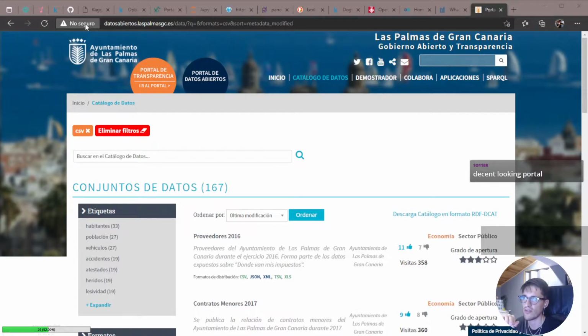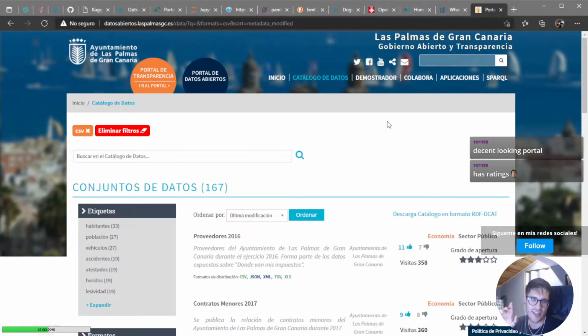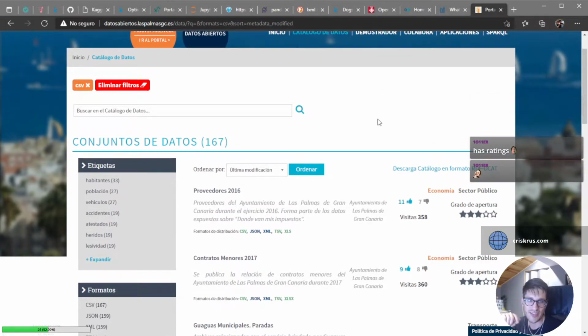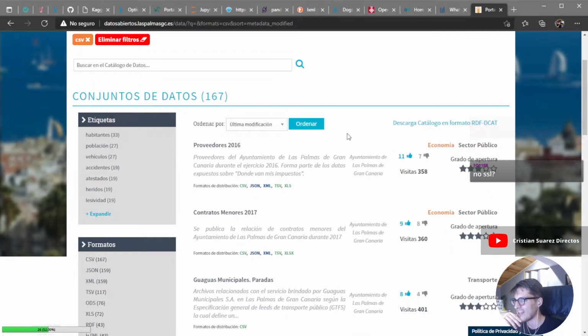It's not secure, but it's quite good. Also ratings, but I mean, no SSL. I don't know why. Used Spain rules.